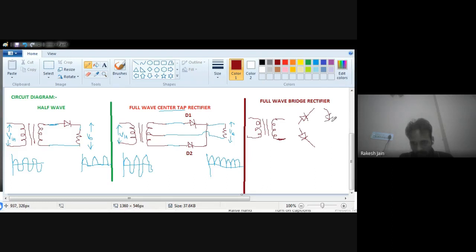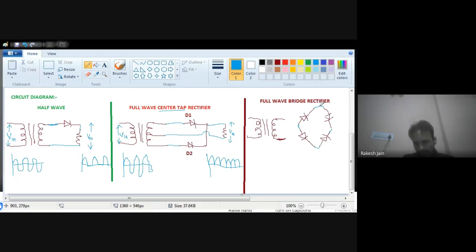This is very necessary to understand in the basic circuit diagram, because generally students make a mistake with the diagram, and that's why they are unable to explain the working principle. Now see, the diodes are connected such that two diodes' anode terminals are connected with each other and two diodes' cathode terminals are connected with each other. Keep in mind that the rest of the terminals are connected with each other: one anode and one cathode, one anode and one cathode.